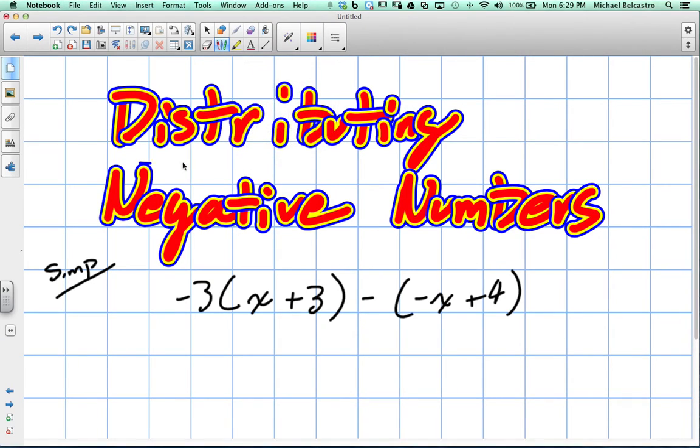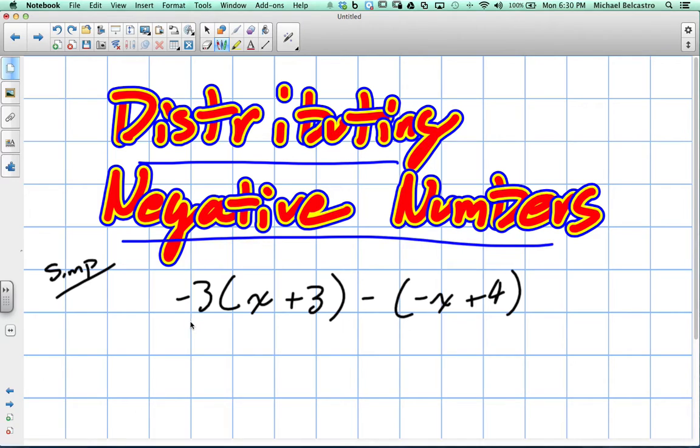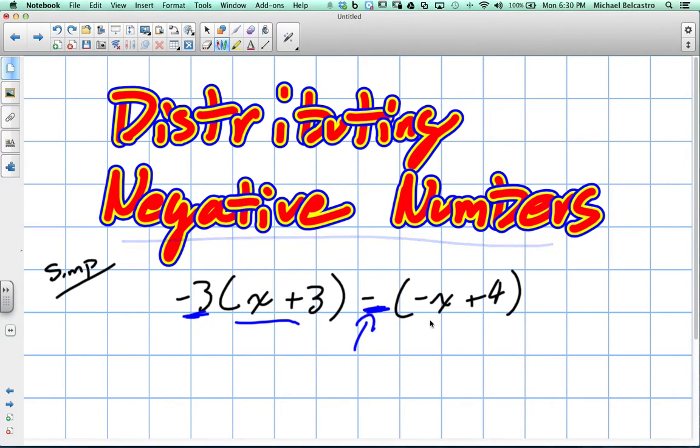Okay, we're going to do distributing, I should have said distributive property, but distributing negative numbers. So this is distributive property again, and we have a negative term in front of the first brackets. And technically we have another negative term in front of these brackets. We'll get to the second part in a moment. We'll do this section first, and then we'll go on to talk about this, because there's a couple ways you